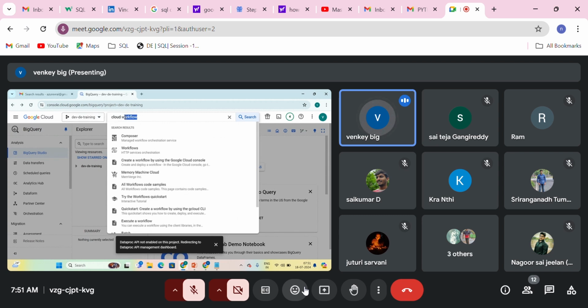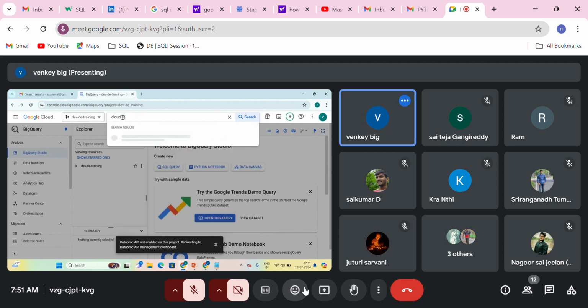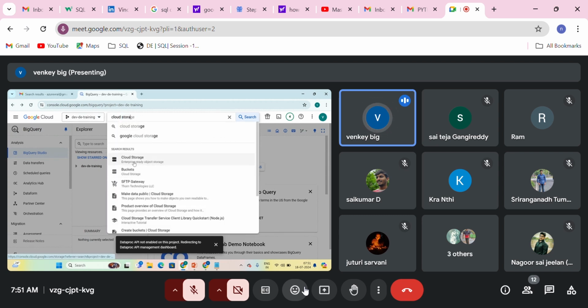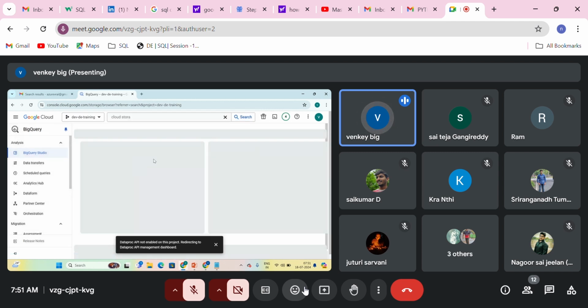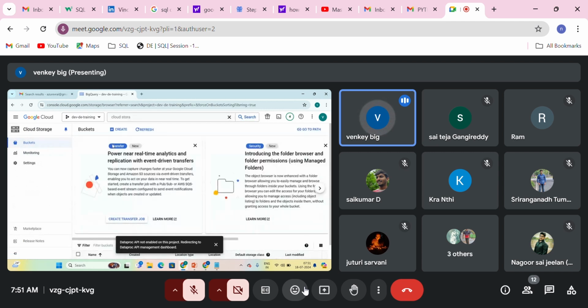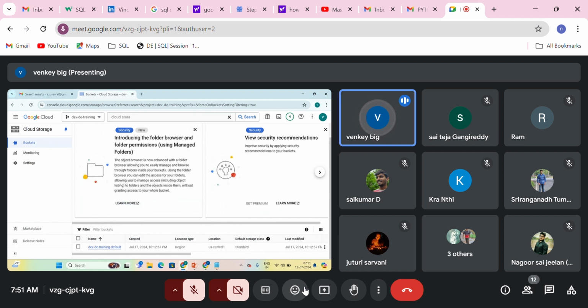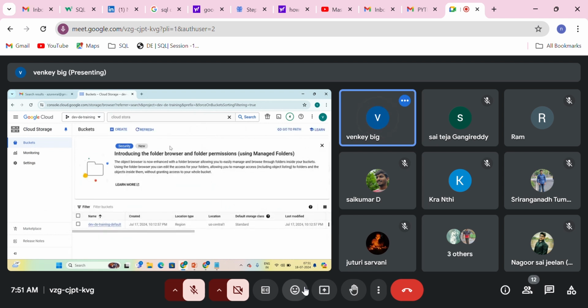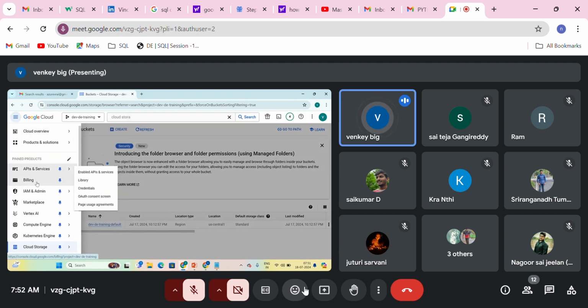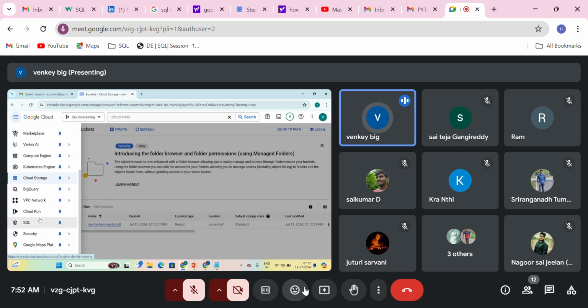If you see the cloud storage, here if you open this cloud storage, it will give you the buckets. What is cloud storage and what is the architecture, the blobs, the object storage, everything we'll discuss in detail when we are in that service. But be very, very clear, these services you can actually pin them.